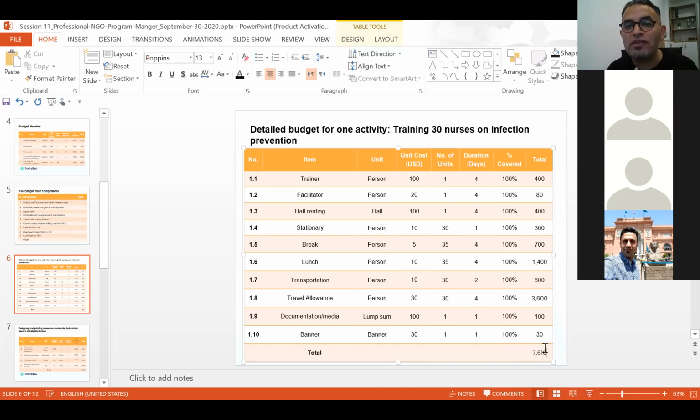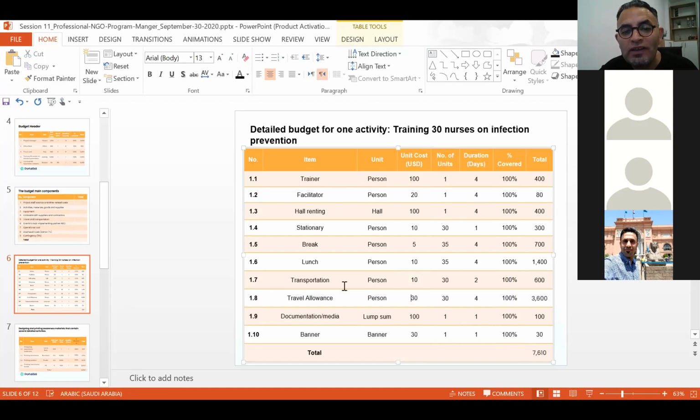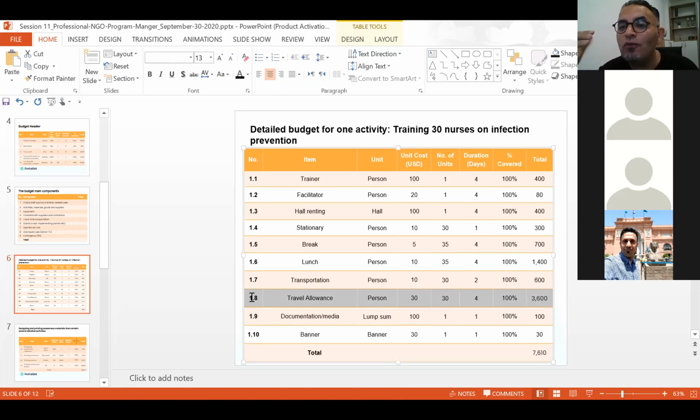how we do it, and this is how everybody is doing it. Because usually if we are bringing the participants, the trainees, from different governorates, it takes more money. For example, if we are from the same city, then we will have only transportation for 4 days, which will be 1,200, and we don't have this item. So we are reducing at least 50% of the total costs of the activity, if the training is in the